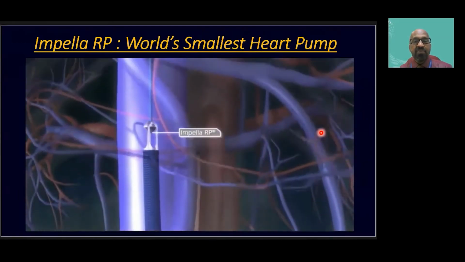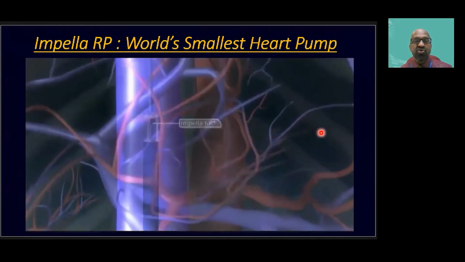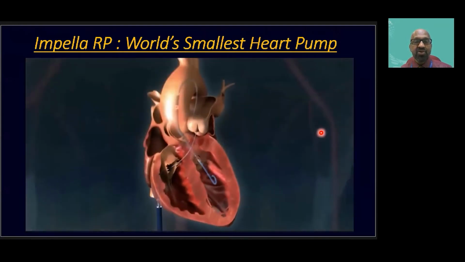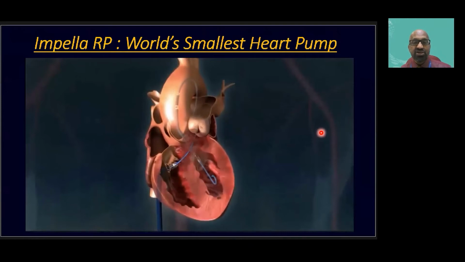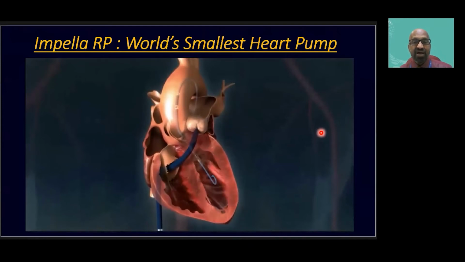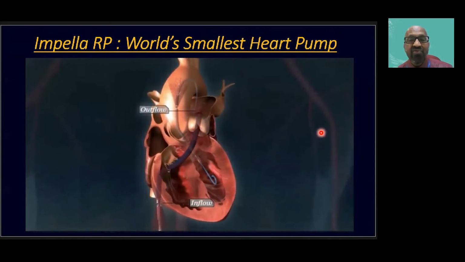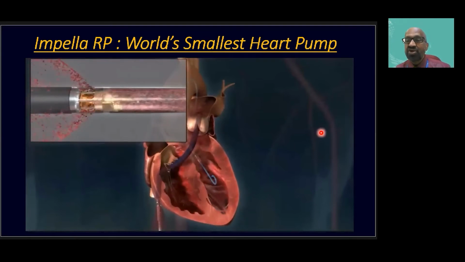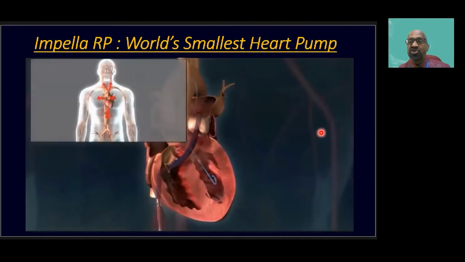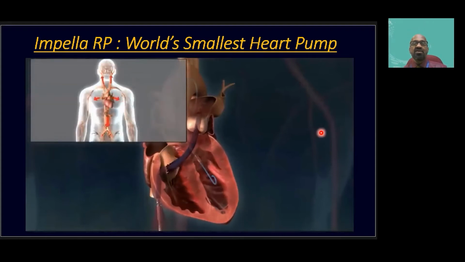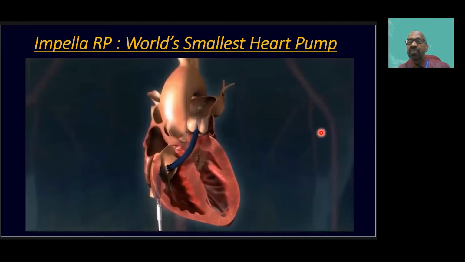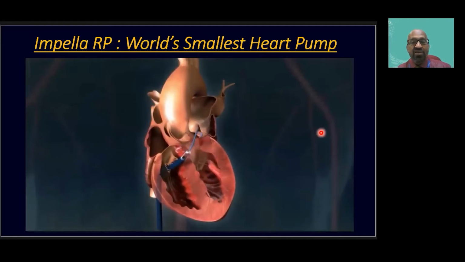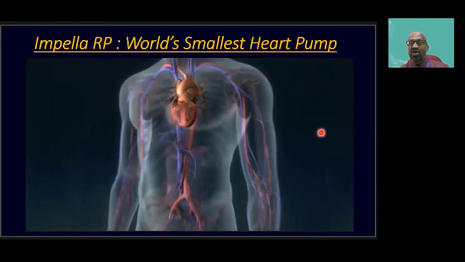This is an animated picture of insertion of the Impella RP through the inferior vena cava, through the tricuspid valve, right ventricle, across the pulmonary valve into the pulmonary artery. And this is shown to improve the right ventricular function as a temporary circulatory support device in patients who have a body surface area of greater than 1.5 square meters,